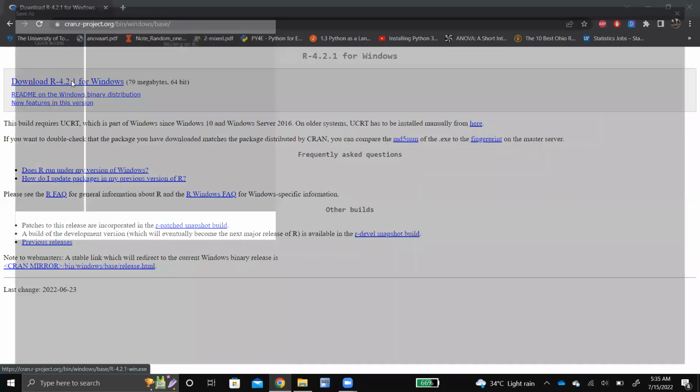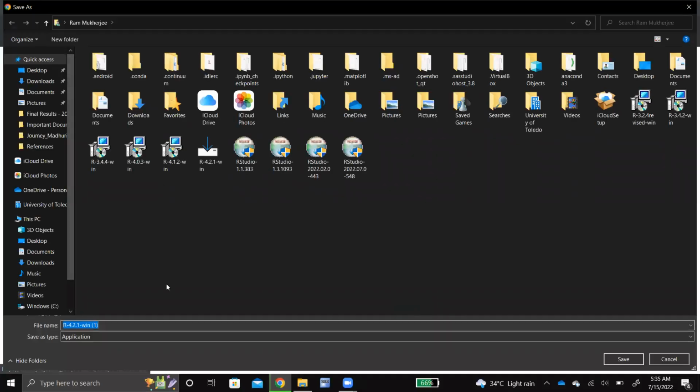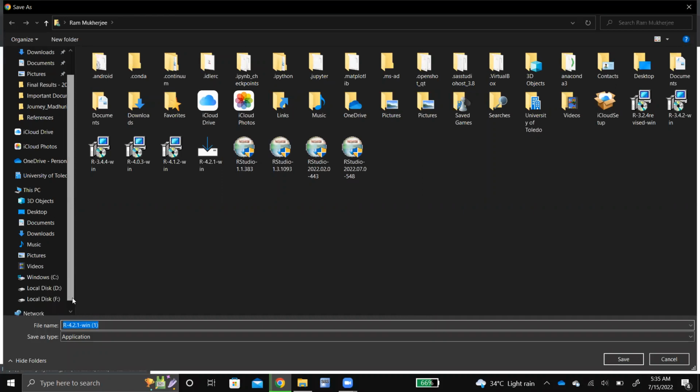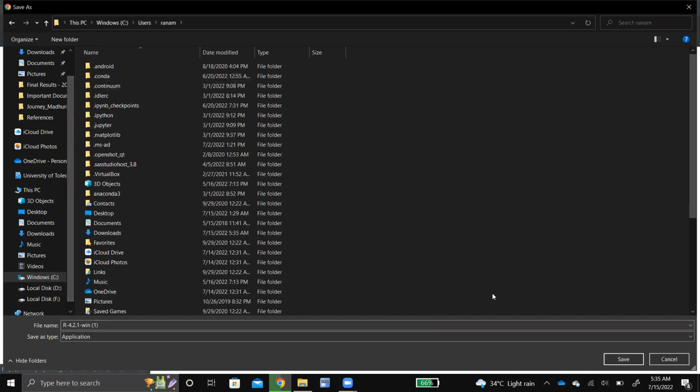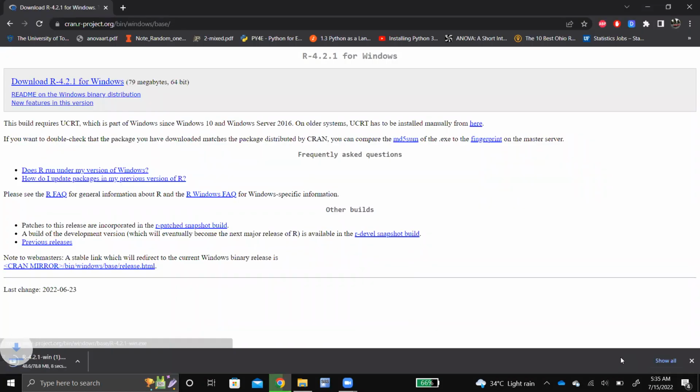You need to click on that, and then this will open up an application or an executable file. Save that into your C drive or wherever you want. For me, I will save that in my users and my own folder. Once it gets downloaded, I need to run that executable file. You will see that this is an .exe file. So we need to run this executable file, and once I click on this .exe file,